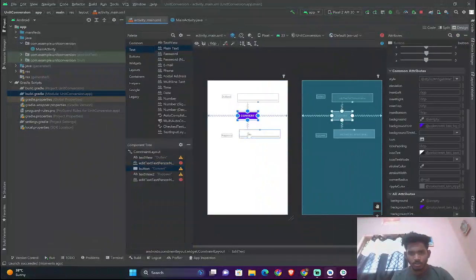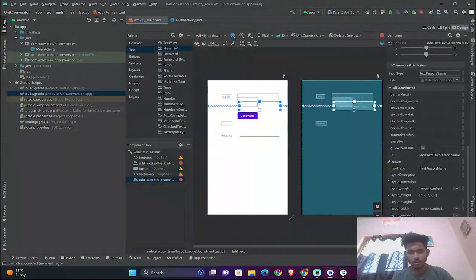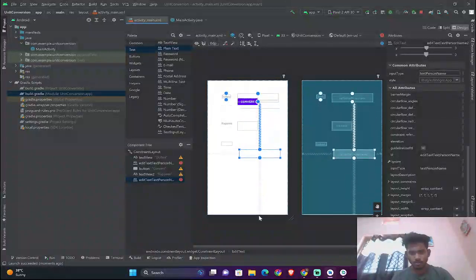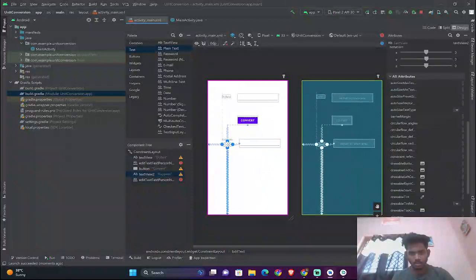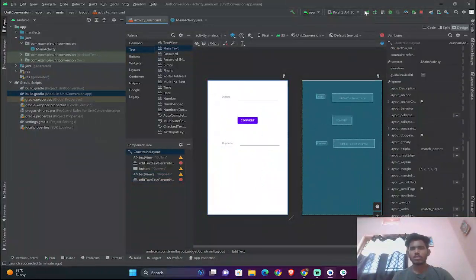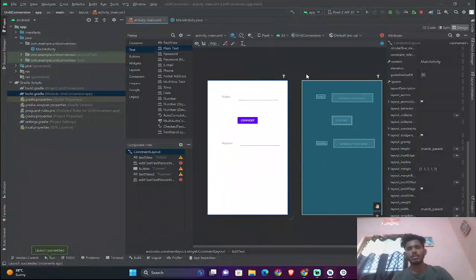Mostly we have given all the constraints correctly. Yeah guys, it was due to some simple mistake, and now we have created our simple layout.